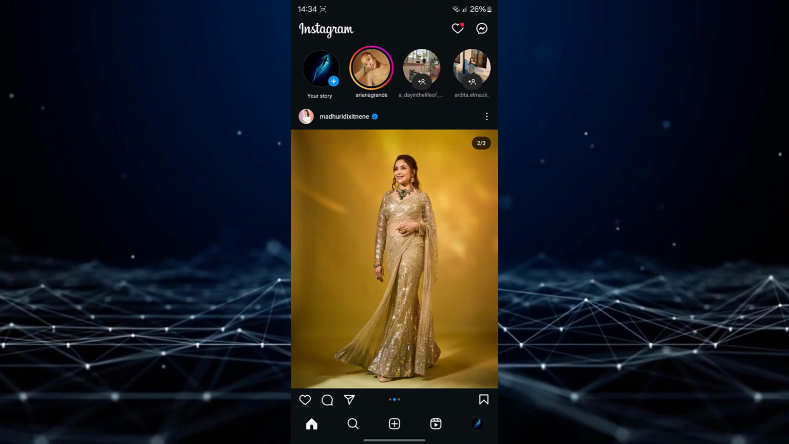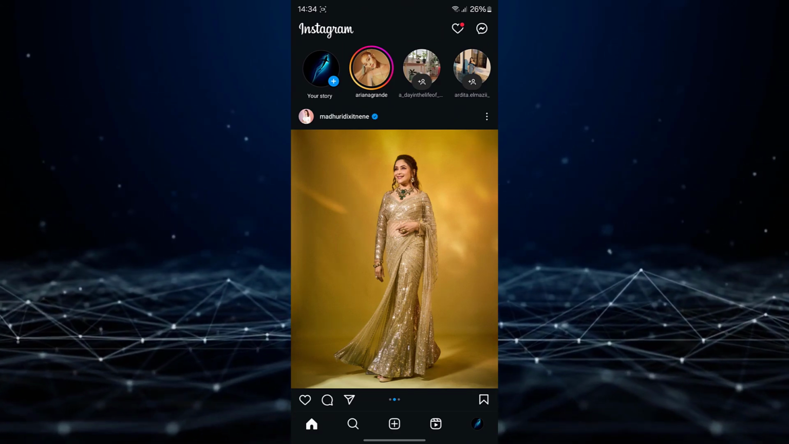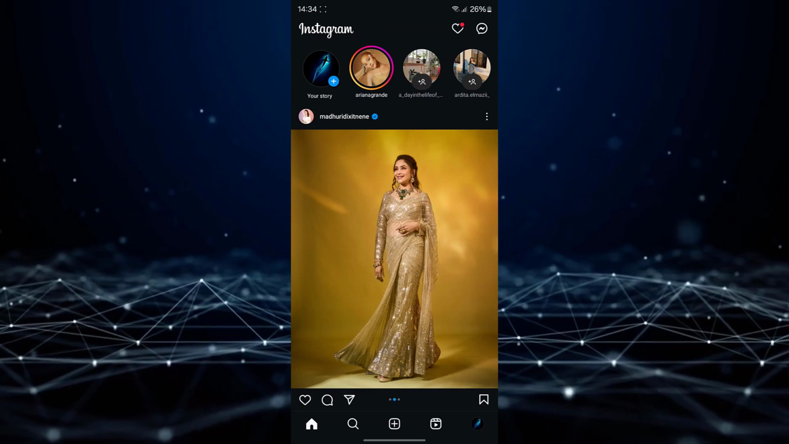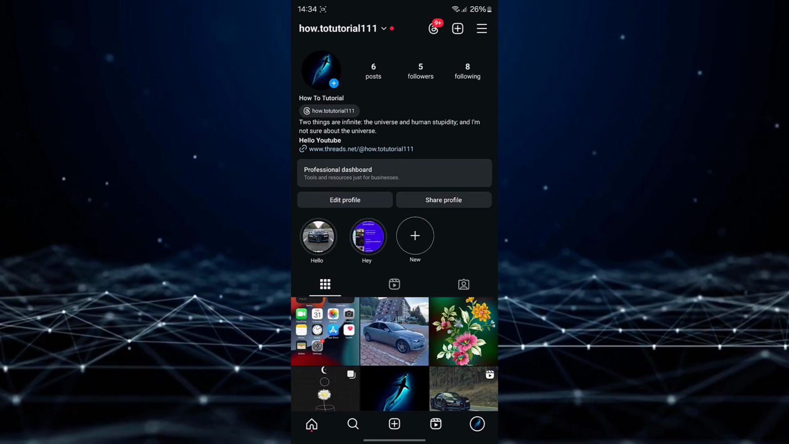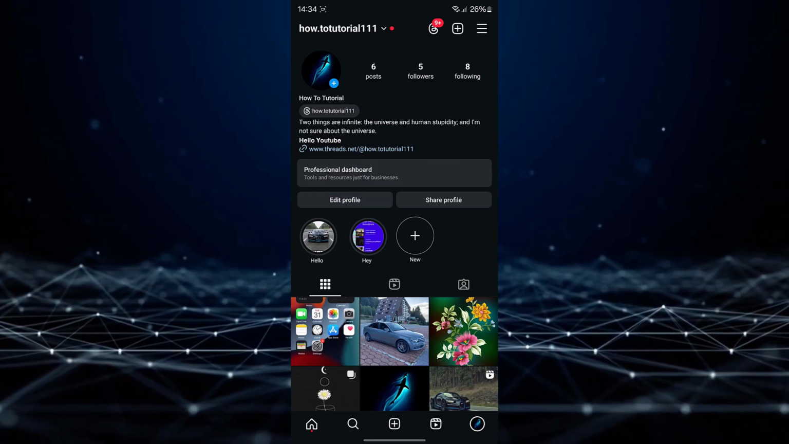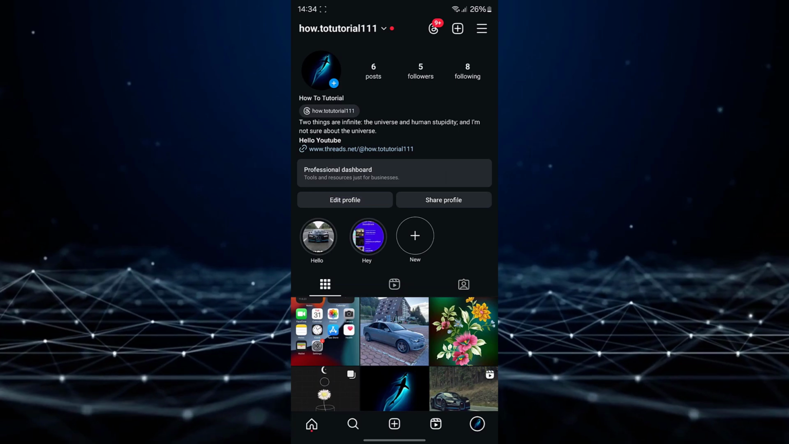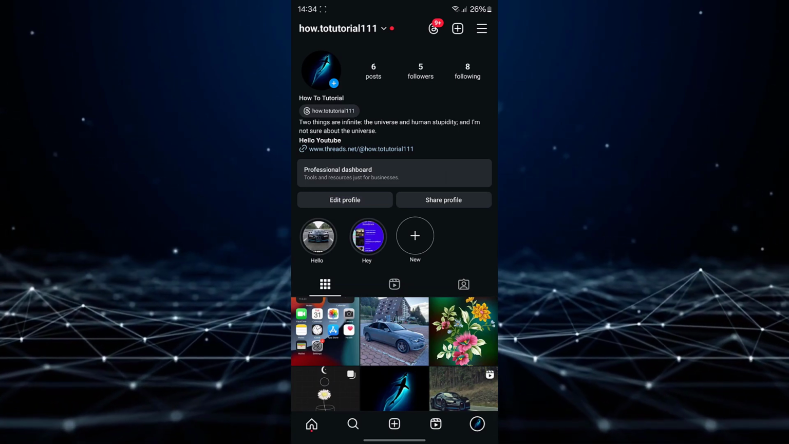Ensure that you are successfully logged into your Instagram account. Subsequently, locate and tap on the profile icon situated in the bottom right-hand corner of the screen. Please verify that you are utilizing a business or professional Instagram account and that the professional dashboard is prominently displayed